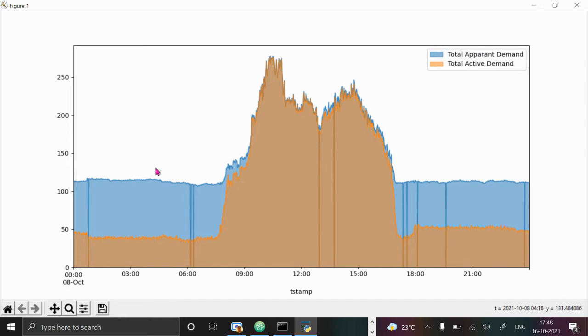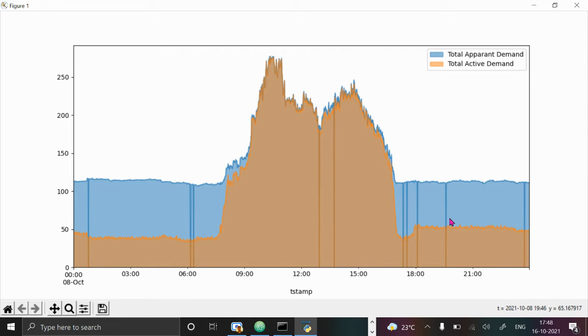The apparent demand is in blue color, whereas the active demand is in orange color. So this is the plot showing both in a single plot. And normally the billing is done based on this blue area, whereas your consumption is actually the net. So you are actually paying more on account of this billing.